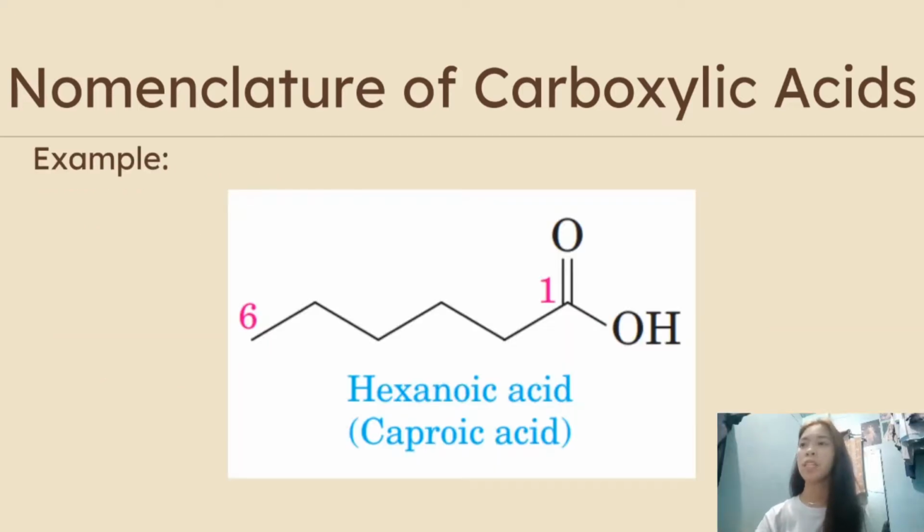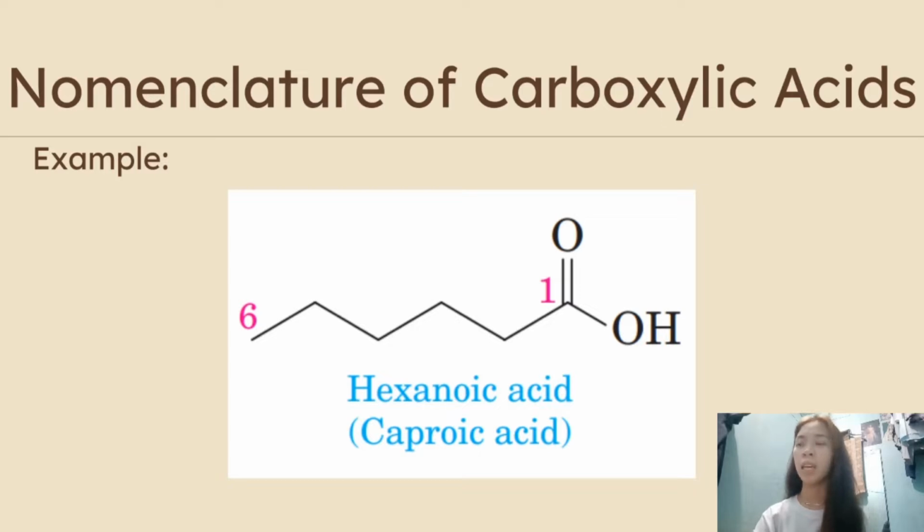So we will have this structure, for example. This oxygen bonded with carbon and attached to a hydroxyl group is our carboxylic acid. The first thing we must do here is to number or count the chain beginning with the carbon of the carboxylic group. We can see that the longest carbon chain that contains the carboxyl group has 6 carbons. So therefore the parent